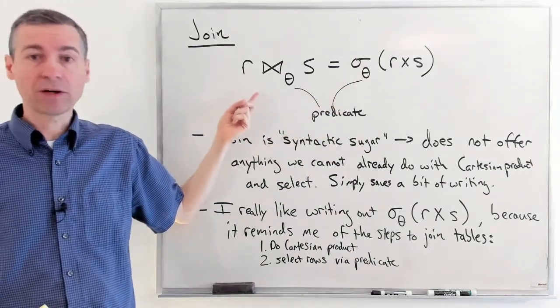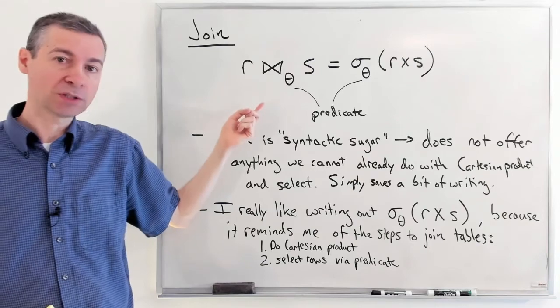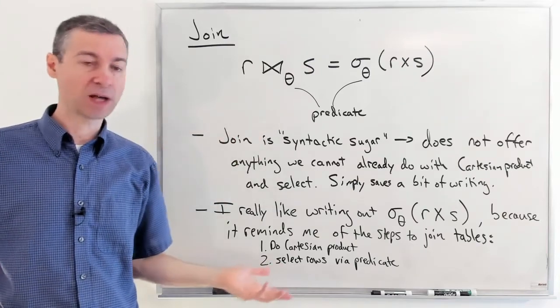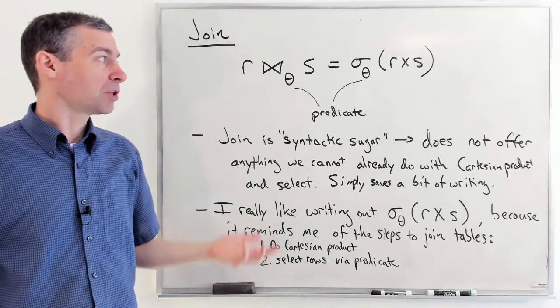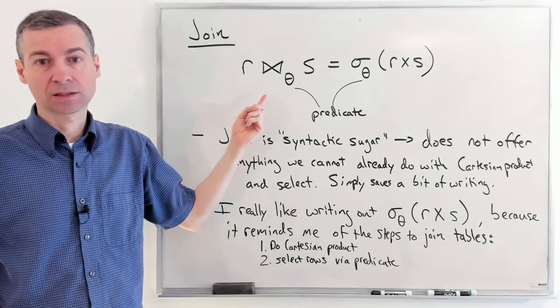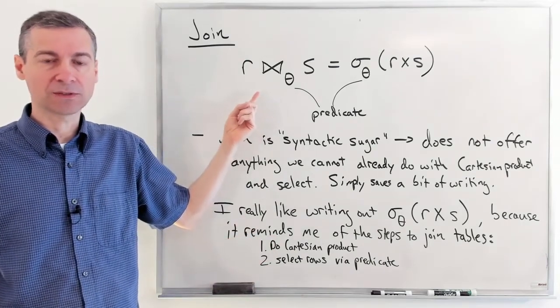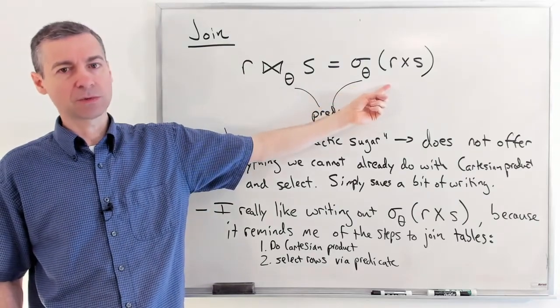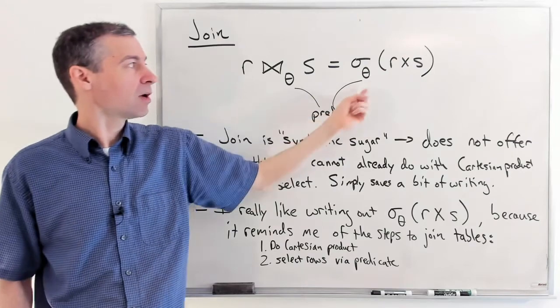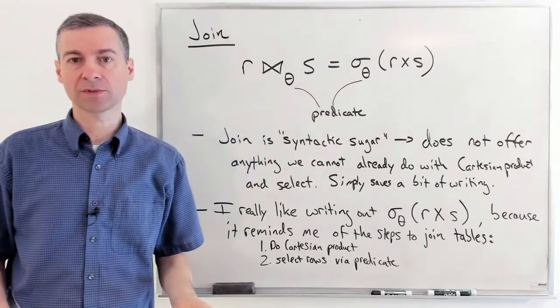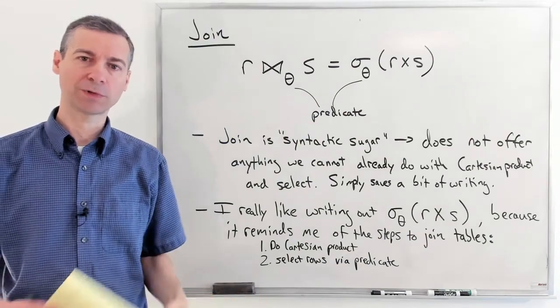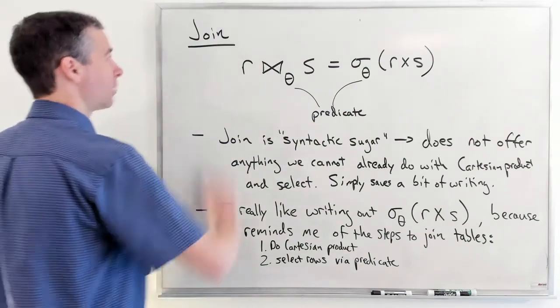You are allowed to use this in solutions or on an exam. We'll know what it means. That's fine. But you don't need to be able to work with this. What you need to really know is that this is basically how I join tables. I do a Cartesian product, and then I apply my select with its predicate. All right. Now with that,